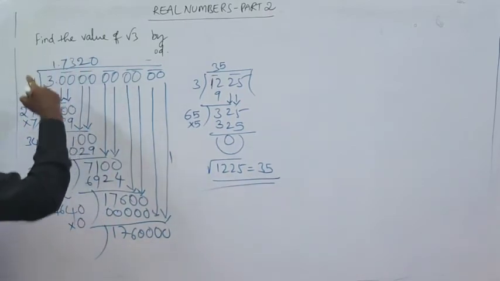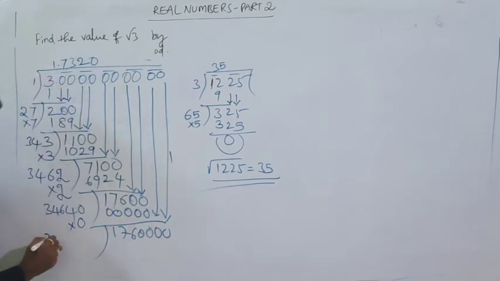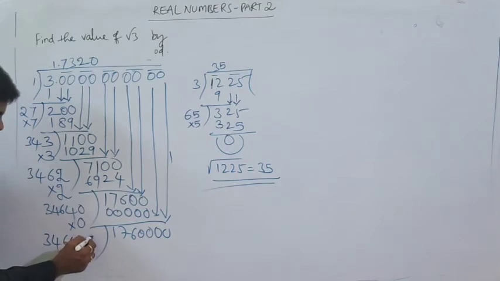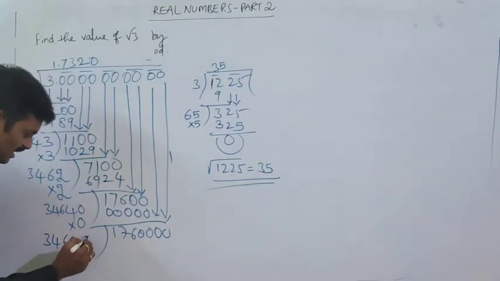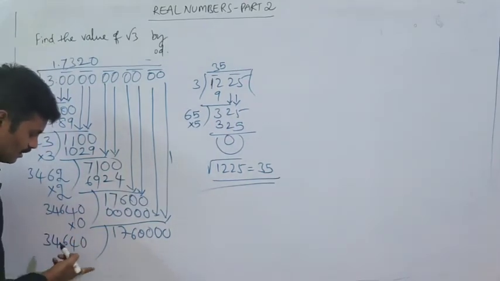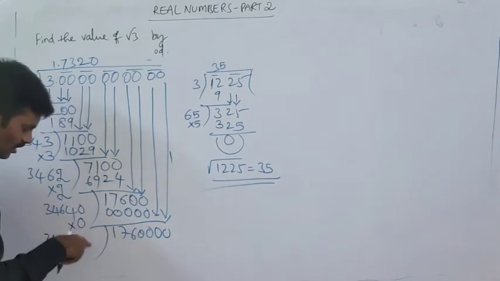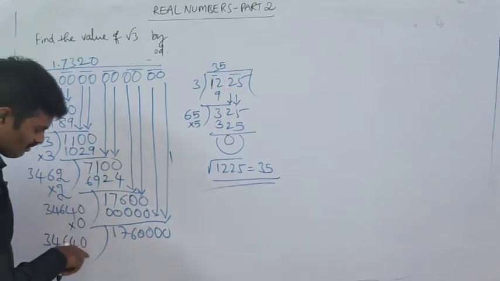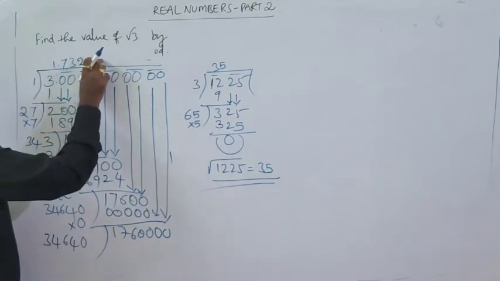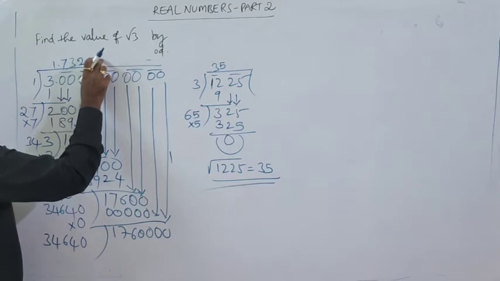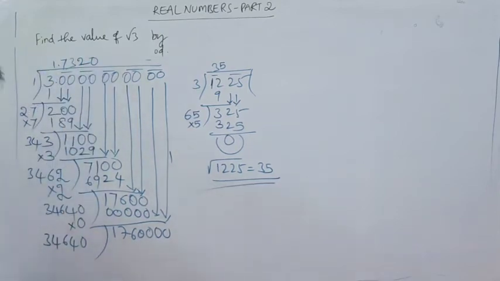Yes. Let me check this 1 point. So twice of this quotient gives us 34,640. Now I have to take the digit which is satisfying this value. What is our condition and what should satisfy? If I take any value here, we should multiply this whole number by the same value, and if it satisfies the condition, then we have to place it here. We have to take it as a digit of the quotient.